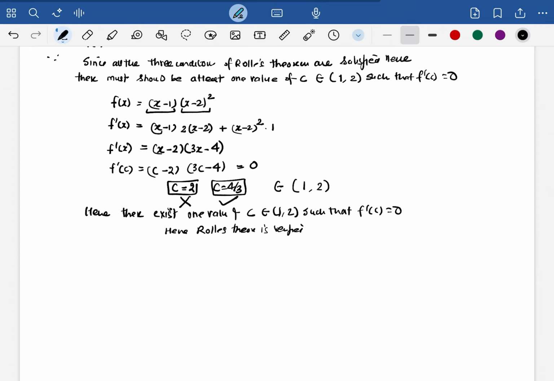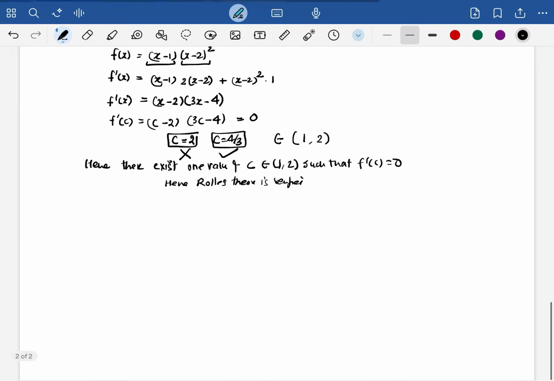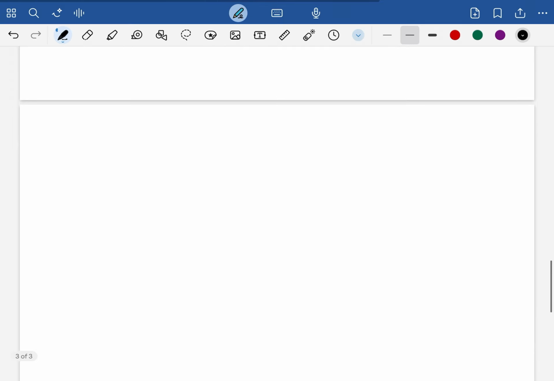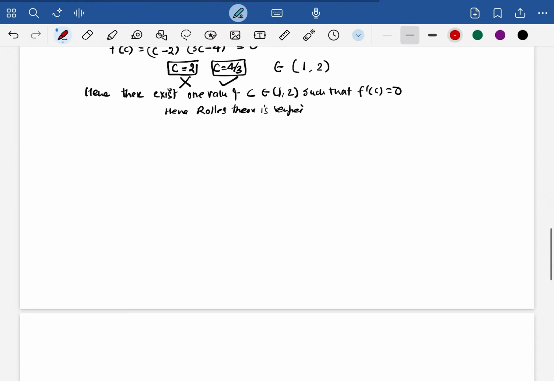Now let's move on to the next part, the second question based on Rolle's theorem. So what's the next question? Question is: verify Rolle's theorem for the function f x is equal to sin x upon e to the power x, and the range is given as 0 to pi. Again the three conditions: since the given function is trigonometric as well as exponential function,